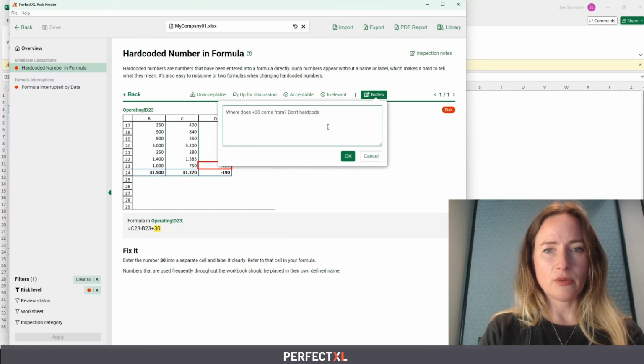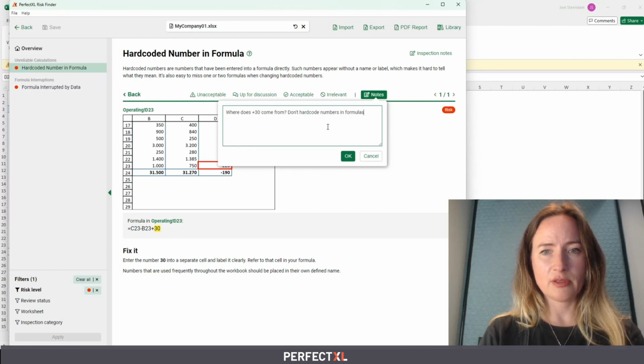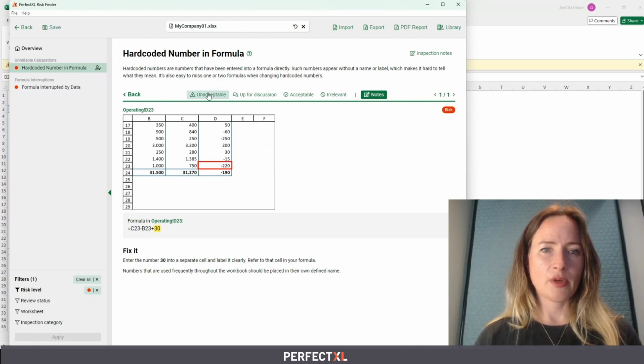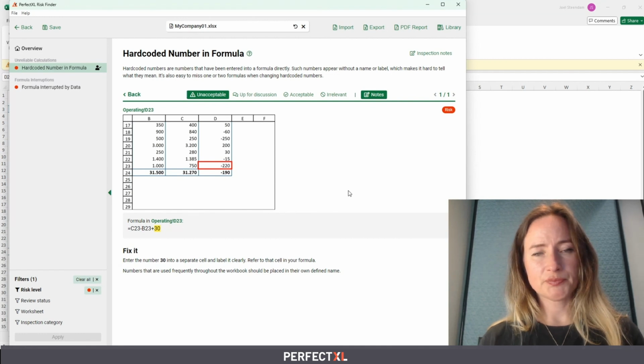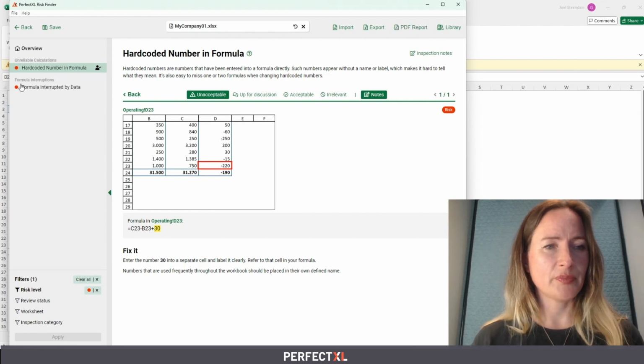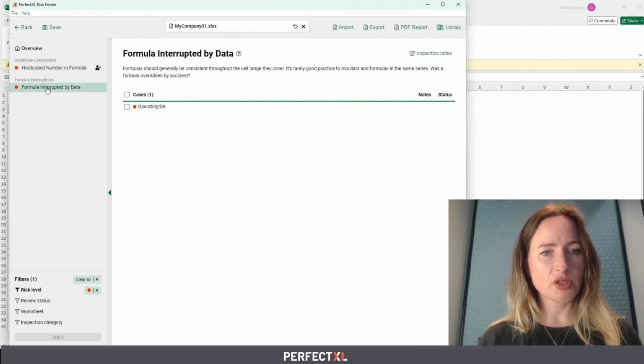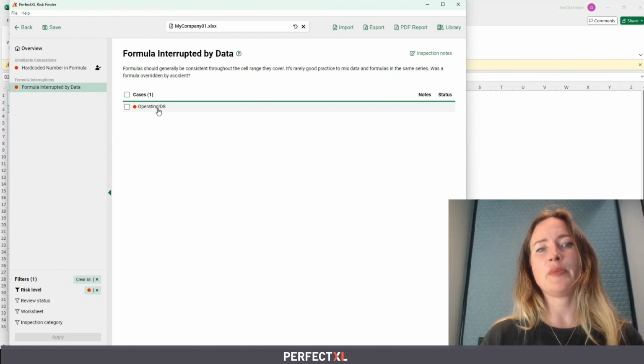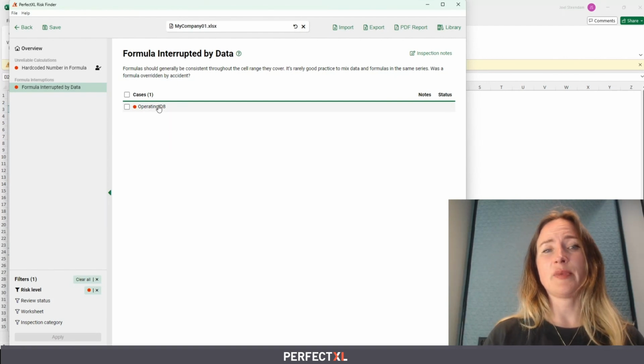Don't hard-code numbers in formulas. And we're going to mark it as unacceptable. We will create a PDF report later to send and share with our client so that we can discuss this issue. But first we'll go to the next issue that was found also on our operating tab,